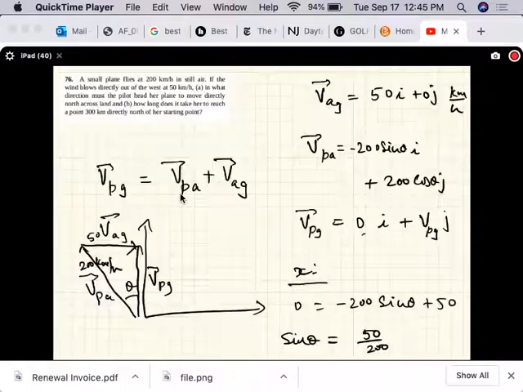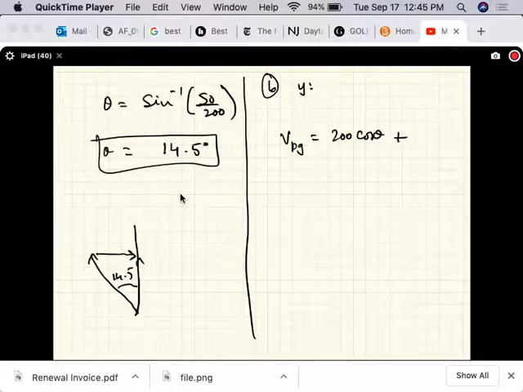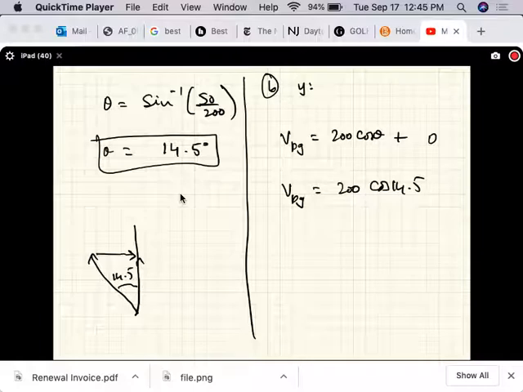Plus, again, I'm using a hammer to kill a fly here, but you will need to learn to use this hammer later down the road. V_AG y, but that has no y component. That's 0. All right, so the ground speed of the plane is 200 cosine 14.5,